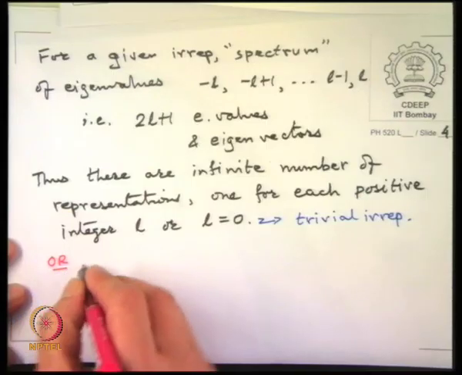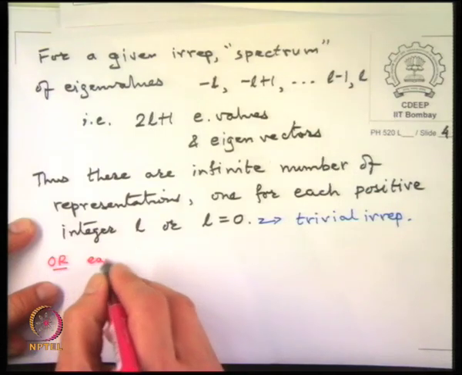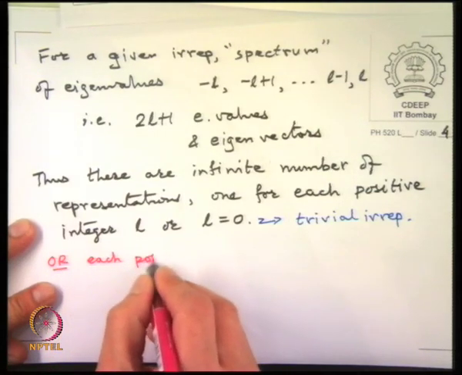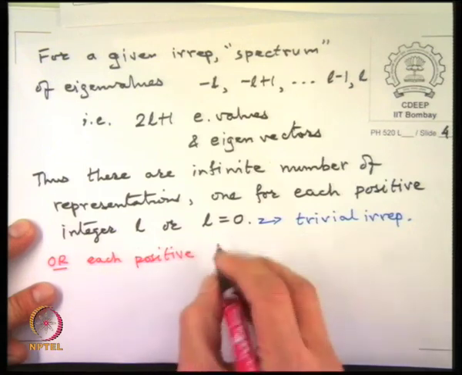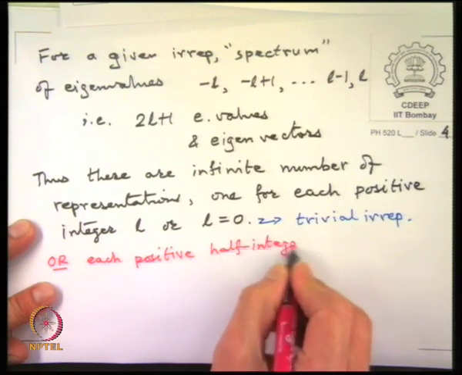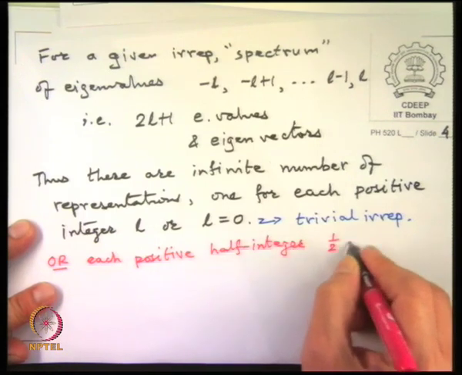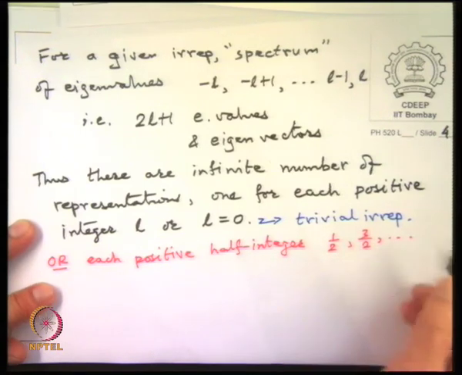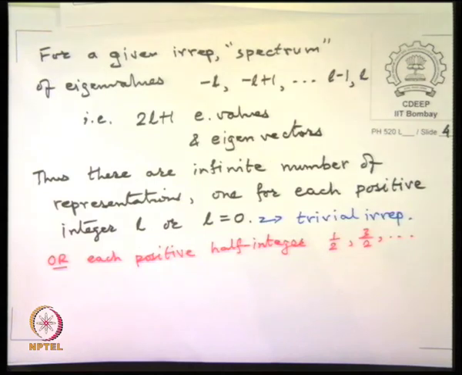Right. The last comment of course is that L integer, so this is where I made a mistake. So, for each positive integer L equal to 0 or each positive half integer, half, 3 half, etc. So, of course when half, 3 half, etc. are included, so in physics we get